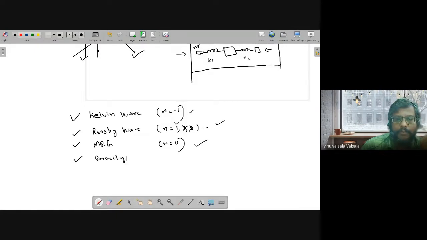What are gravity waves? The dispersion relation was different. It was the case B waves, if you remember. They also have n equal to 1, 2, 3, etc. But for gravity waves, they are very high frequency waves. These also you usually find in satellite pictures of cloudiness.